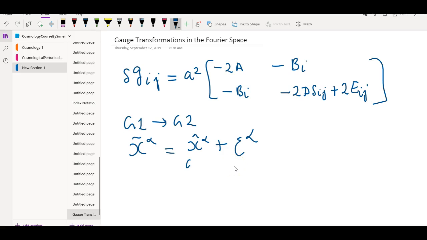This is gauge 1, this is gauge 2, and this is the transformation vector, the gauge transformation vector. Fourier expansion of this gauge transformation vector is